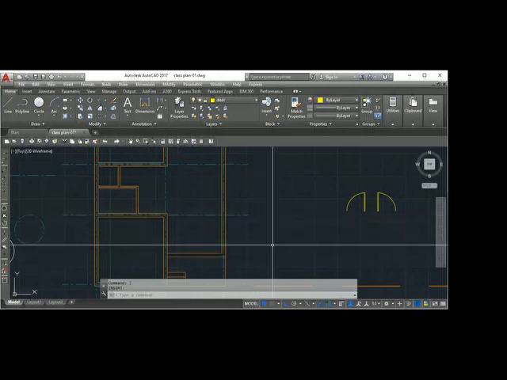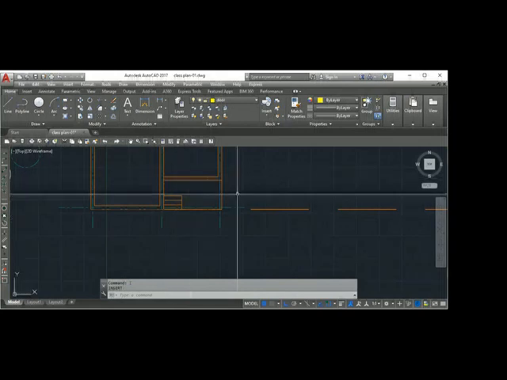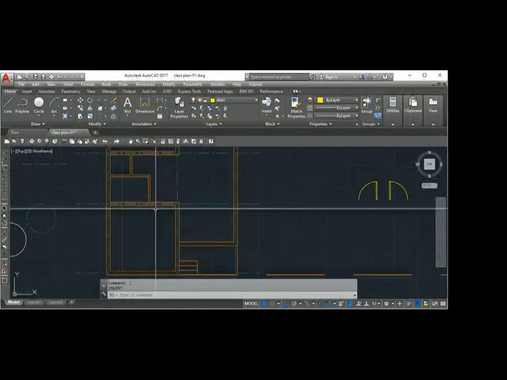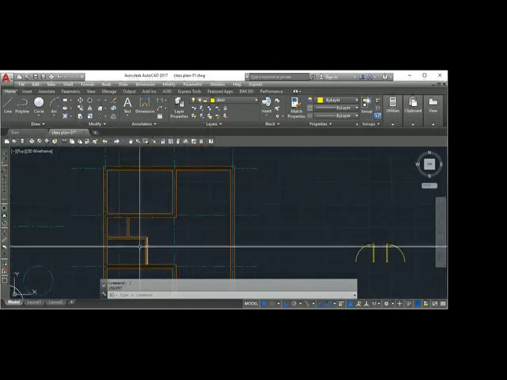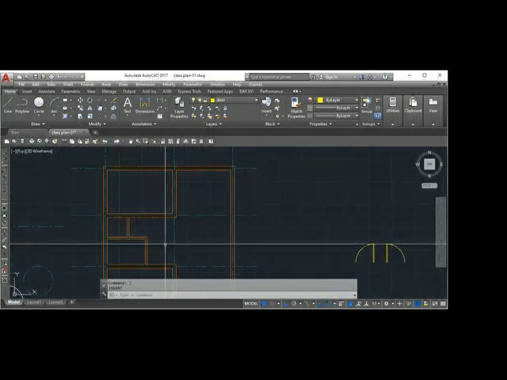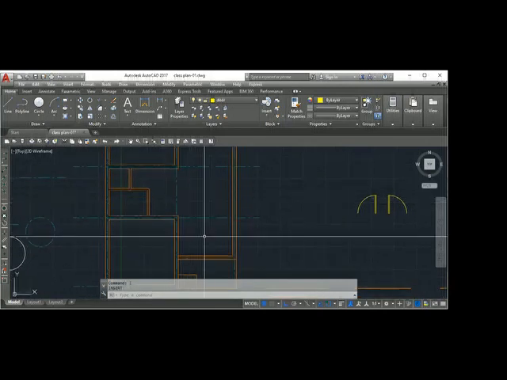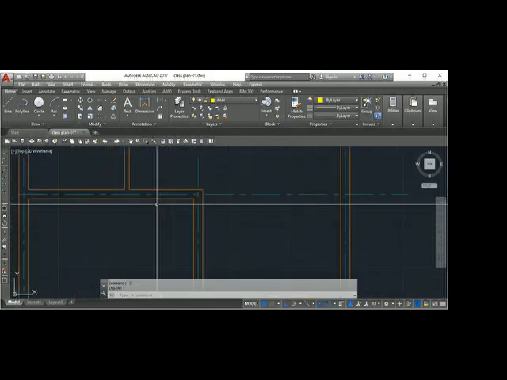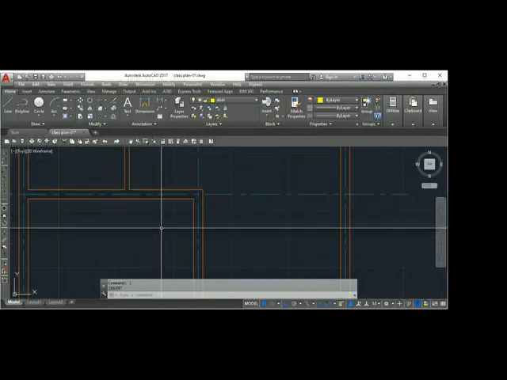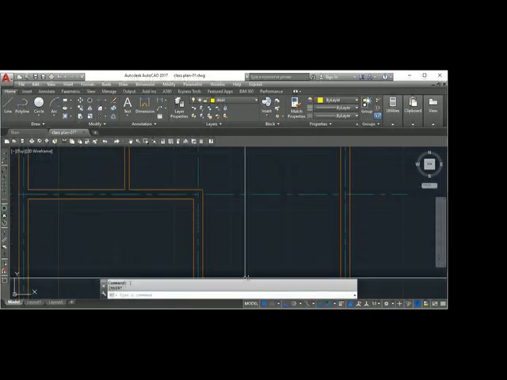If you see my drawing, the door widths are given there. Entrance door is 1 meter. Inner door is 900. This also 900, and toilet doors are 750. Okay, so here I want 900. So I can make an opening. First I can keep the opening, or after inserting also I can do it.